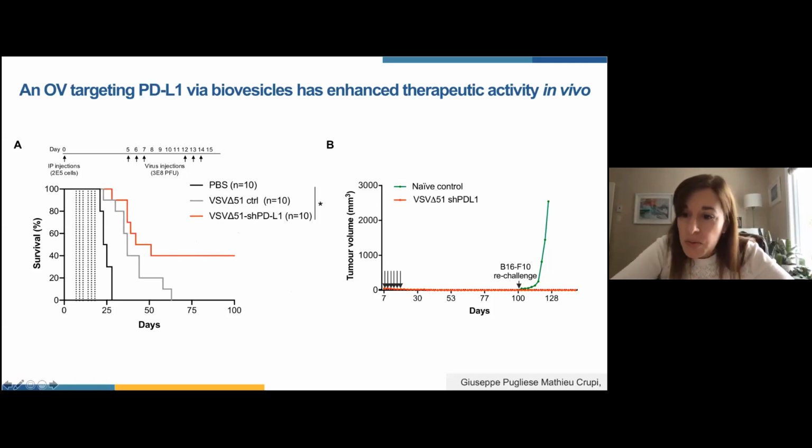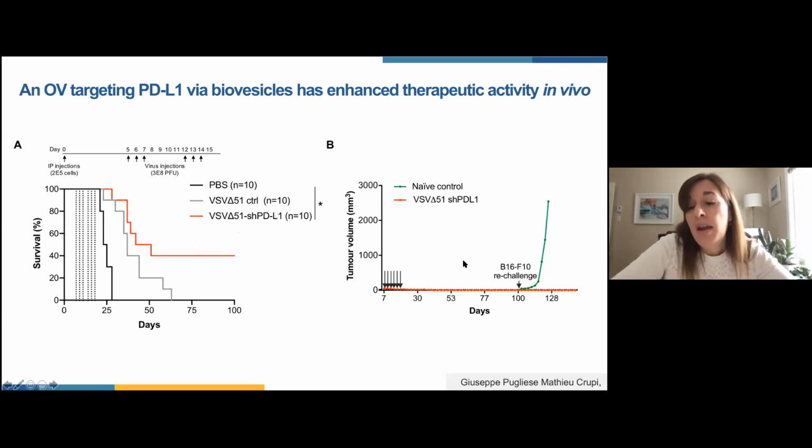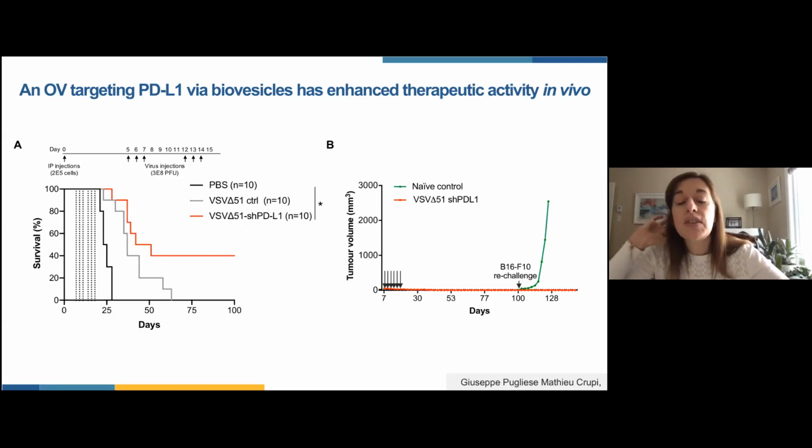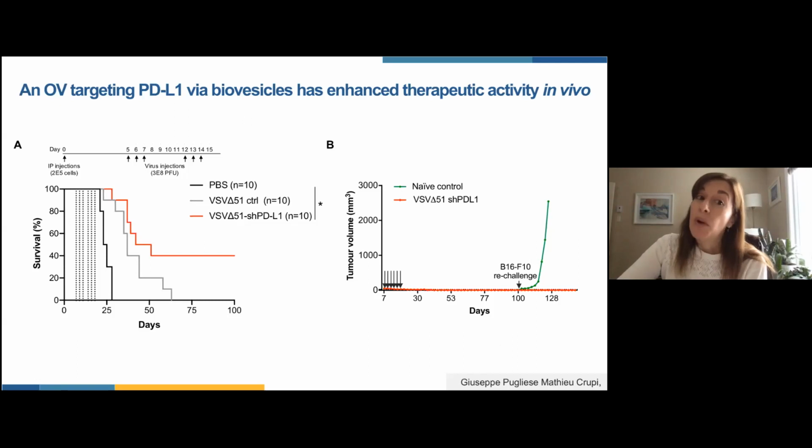We rechallenged those animals as shown in B, and indeed none of the animals that were cured through the treatment, once we rechallenged them with tumor, after 100 days of survival, none of them developed new tumors, indicating that indeed the effect of the therapy was mostly by inducing anti-tumor responses that build long-lasting anti-tumor protection. So this is our exosome platform, and this is just an example of the type of work that we are